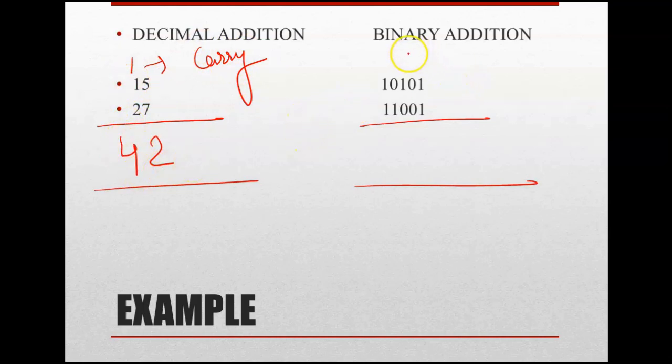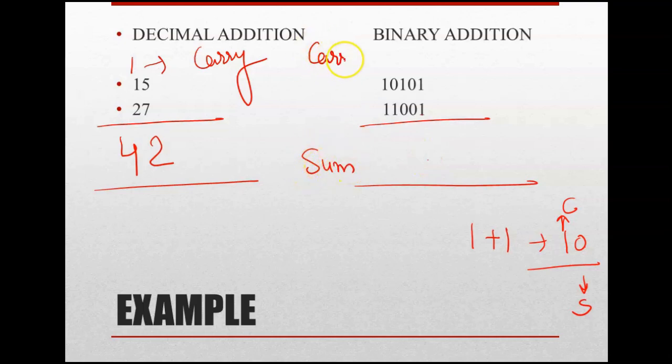Next to this you can see the binary addition, and under this is where we have to start. Here also we start from the rightmost side. So it is 1 plus 1. You remember 1 plus 1 is 1, 0. This is the sum and this 1 is the carry. So 1 plus 1: the sum part is written here and the carry part you write upside. The sum is 0 and the carry is 1, which will come here.